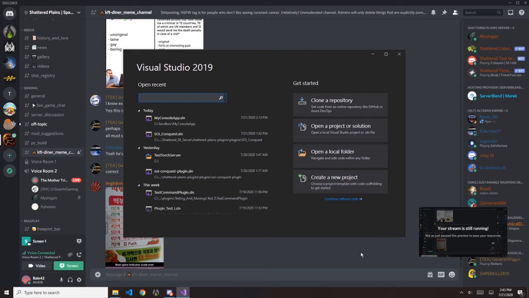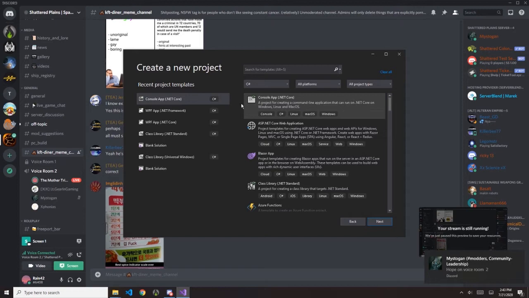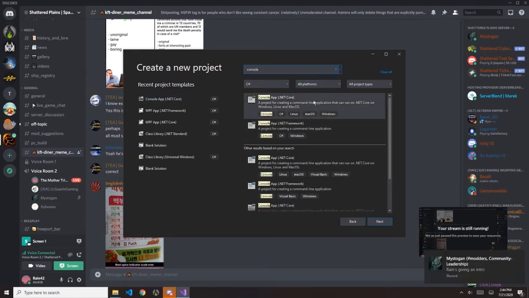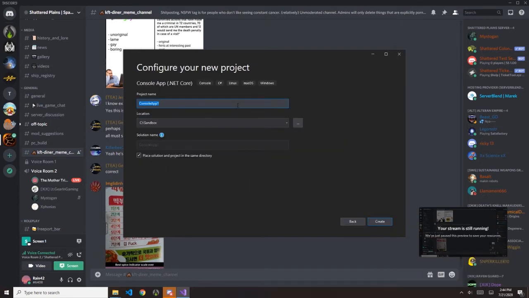So it should open up on this. You can go to create new project. Then you go to console app. You can just search for it. Mine's right here. I'll search for it because there's a couple that come up. You should get the .NET Core, not the .NET Framework, because it's a little bit easier to do. So do that. I'll just call it my console